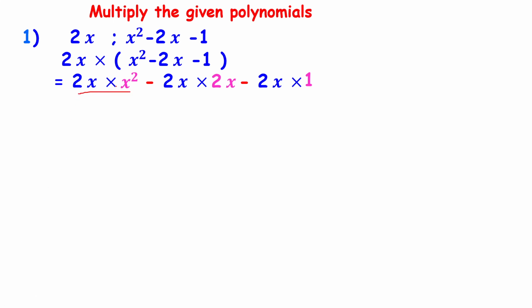First we take the multiplication of their coefficients. The coefficient of the first term is 2 and the coefficient of the second term is nothing but 1. Therefore we take the multiplication of 2 and 1. 2 ones are 2. Now to take the multiplication of the variables, the variable x is the same in both terms. Therefore we apply the law of indices. The index of the variable x is nothing but 1. The base is the same and multiplication is the operation. Therefore we take the addition of their indices. Therefore 2 plus 1 is nothing but 3. Therefore x cube. Negative sign as it is.